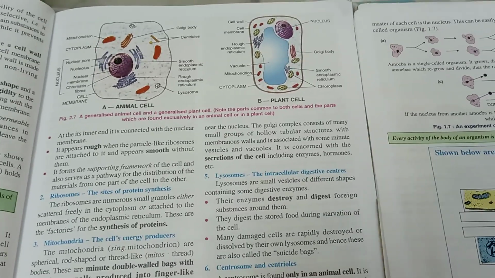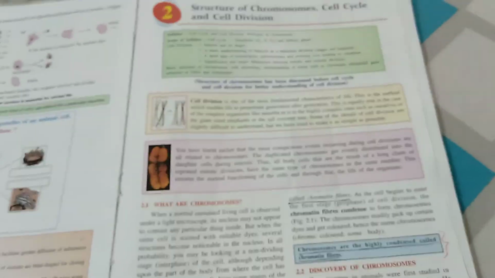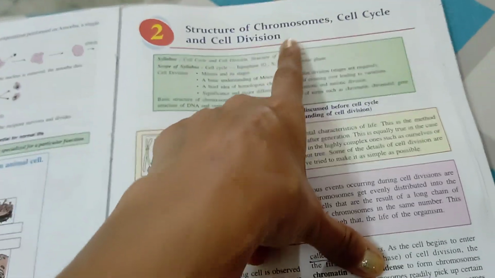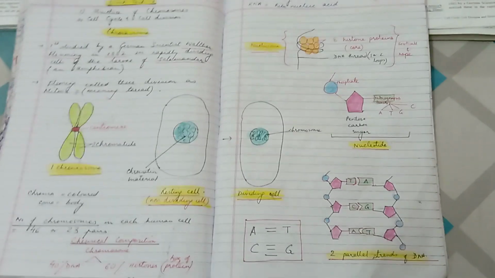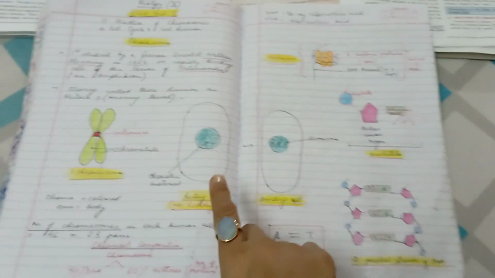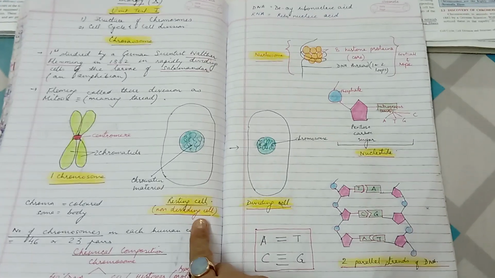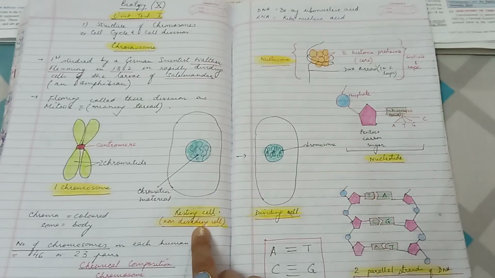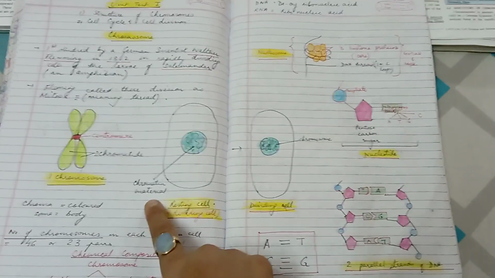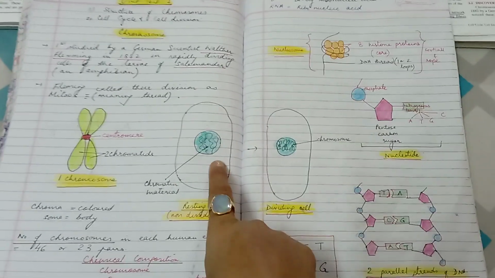The deoxyribonucleic acid. Now, as we start with our class 10th syllabus, the same chromatin is also condensing into structures called chromosomes. You all have received this layout of the notes that I have prepared for you. Herein, the first thing I have shown is a similar cell, a resting cell or non-dividing cell. Same chromatin material, thin slender threads, are seen clearly.